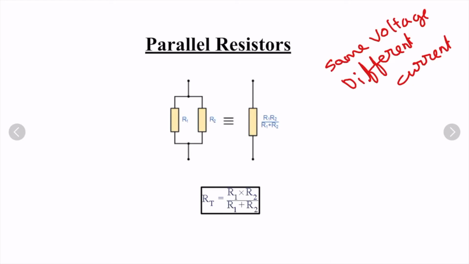Definitely the amount of current which will enter R1 will depend on the value of R1, and in R2 it will depend on the value of R2. So these elements are not going to have the same current unless they have the same value, that is, R1 is equal to R2. But as both are applied across the same supply, they are going to have the same voltage. So voltage will be the same but current will be different.